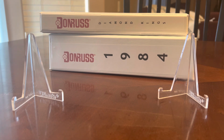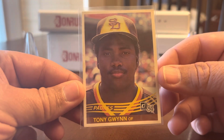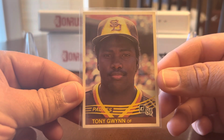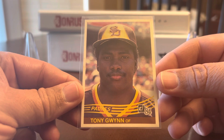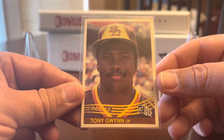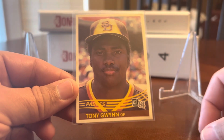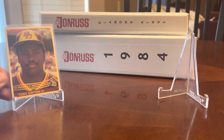You can see in the background I have a binder for 1984 Donruss and a Donruss Diamond Kings binder. There were a couple of cards in this lot that meet some of those needs that I had. First off is this 1984 Donruss Tony Gwynn, second year Donruss Tony Gwynn card. Beautiful looking card. I was pretty sure I needed this for my set. I need somewhere around 45 cards to complete the set. I did in fact need that, so that was a great